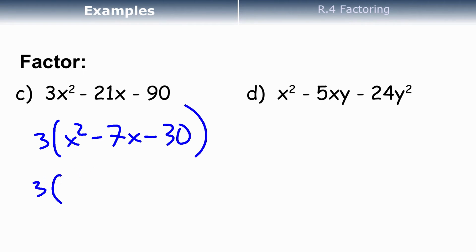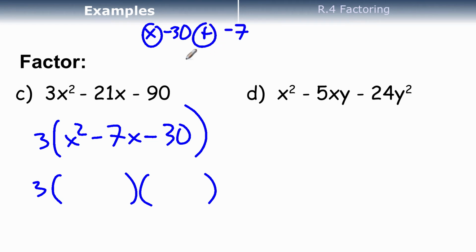Okay, now I'm going to look for two numbers, let me write it up here, who multiply to a negative 30 and add to a negative 7. 10 and 3, so like negative 10 and a positive 3. Those multiply to negative 30 and they add to a negative 7. Those are my numbers. So I put an x here, an x there, a minus 10 here, a plus 3,